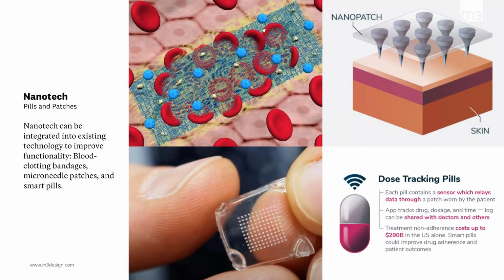And then in the top here, we have a smart bandage. So nanoparticles can be added to patches with some blood clotting agents that can help close wounds faster. Alternatively, some antimicrobial agents can be used to prevent infection. And the last example here, down in the bottom, nanomaterials are being used in the administration of medications. So there's exploration into different membranes that can release medications at different times or different locations in the body, or also help track dosage and drug adherence.